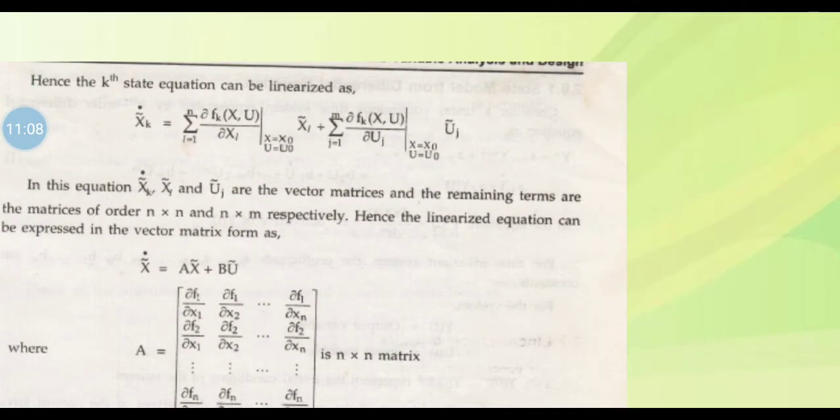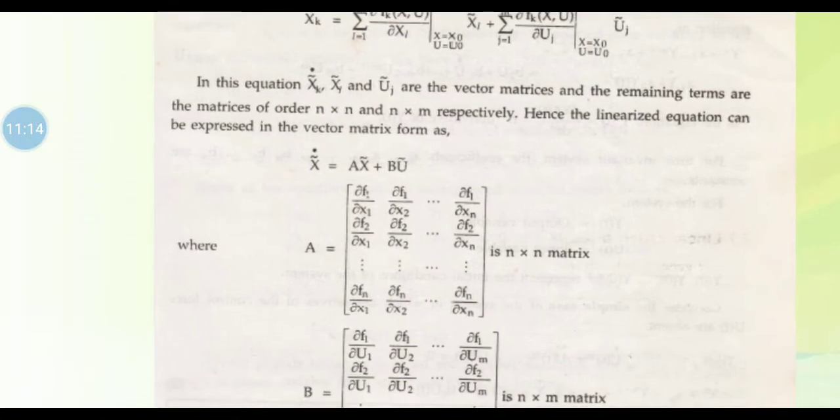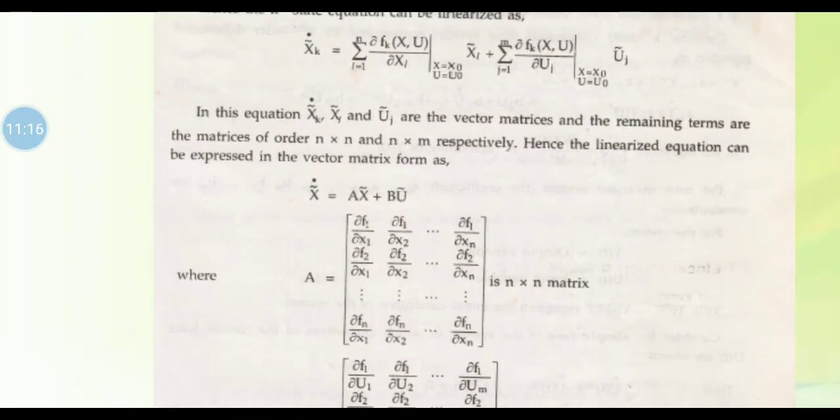So whatever is in this equation, x tilde dot, x tilde and u tilde, they are called vector matrices, whereas the remaining terms are matrices of order n into n and n into m respectively. Then the linearized equation can be expressed in vector matrix form as